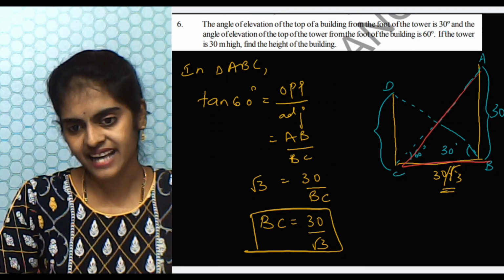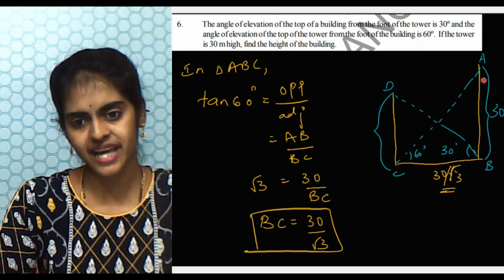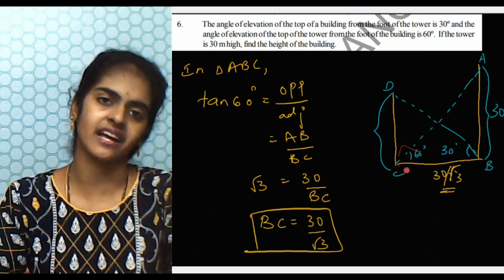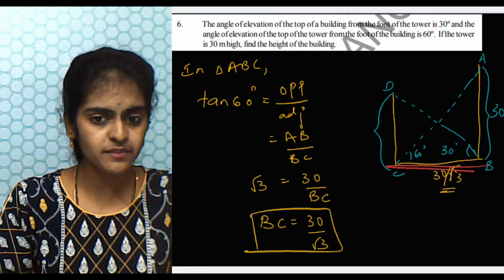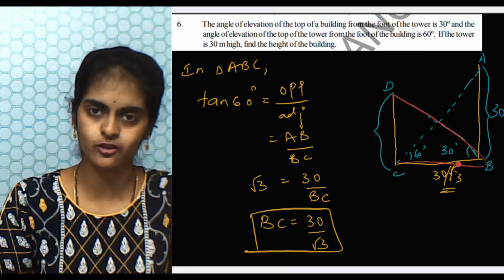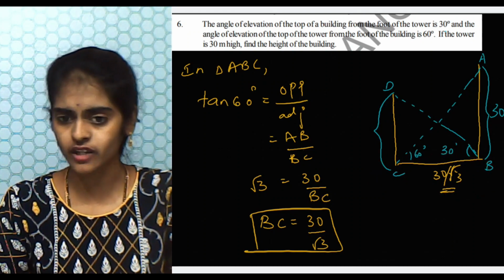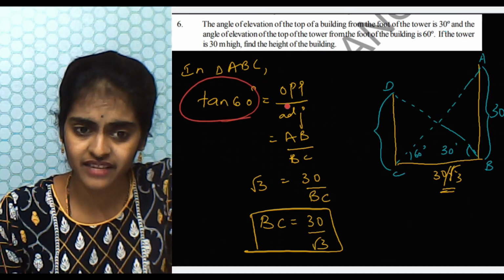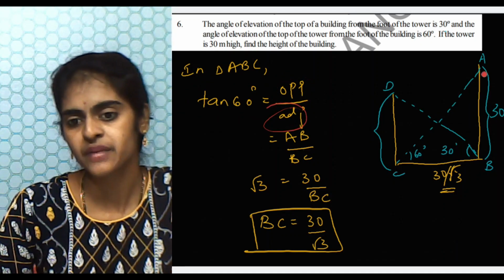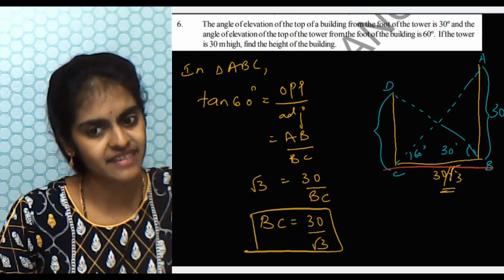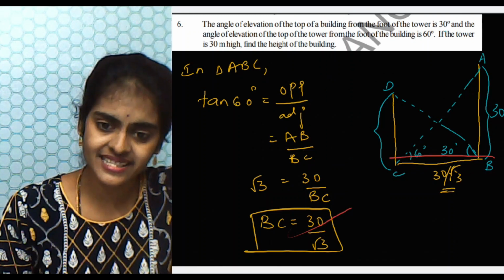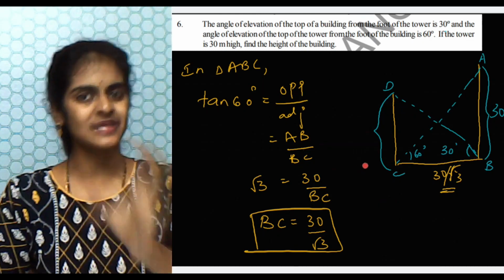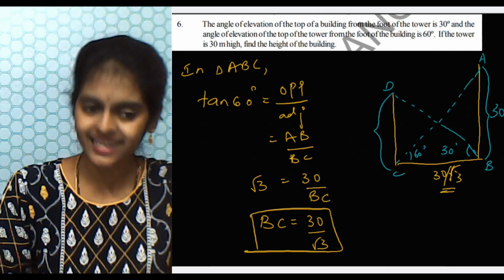So using AB and tan 60, if I can find this BC, I can use it in this triangle. Are you getting my point? Because this BC is the same for the second triangle also. So if I can find this BC value, I'll just use it in the other triangle. Tan is nothing but opposite to adjacent. You know the opposite side value, so you can find the adjacent side value, and this adjacent side is common for the second triangle also. So that is the reason we are taking tan.